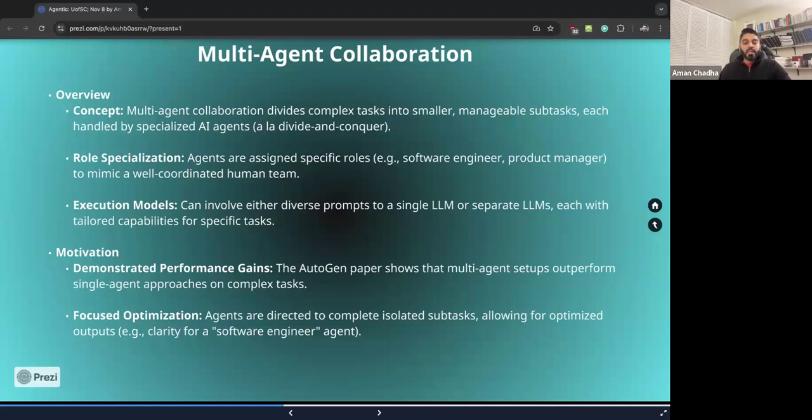And as part of modeling a particular problem statement to all of these different agents, essentially what we look to do is we role specialize each agent to a specific area or a role that it needs to play to serve the end task, at the end of the day.